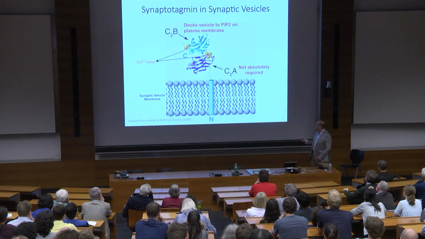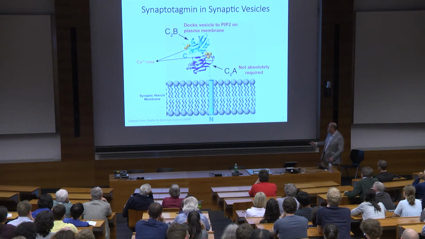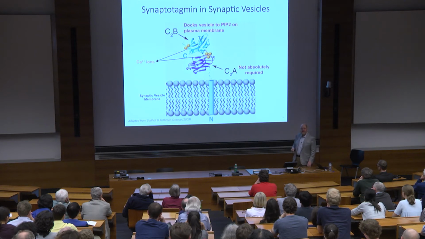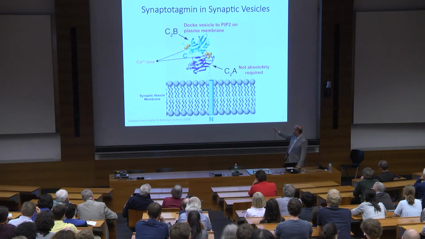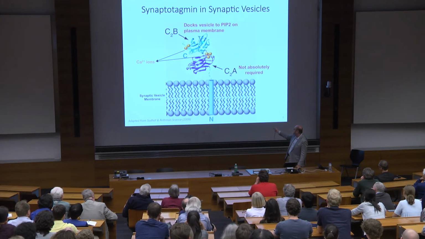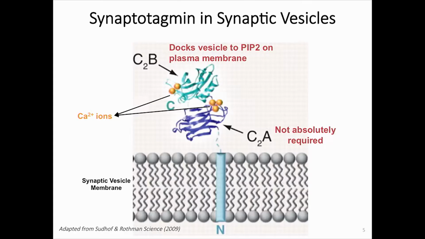Now, let me also point out again that this protein comes with a synaptic vesicle. There are 15 to 20 copies of synaptotagmin in every synaptic vesicle. The B domain actually docks the vesicle first to the plasma membrane. There's a portion, and I'll say more about this in a moment, called the polybasic region. It's a different site on synaptotagmin B that is not present in A, and it is also separate from the calcium binding site. That positively charged region binds specifically to PIP2, phosphatidylinositol bisphosphate, which, as you may know, is on the inner surface of the plasma membrane and only the plasma membrane.